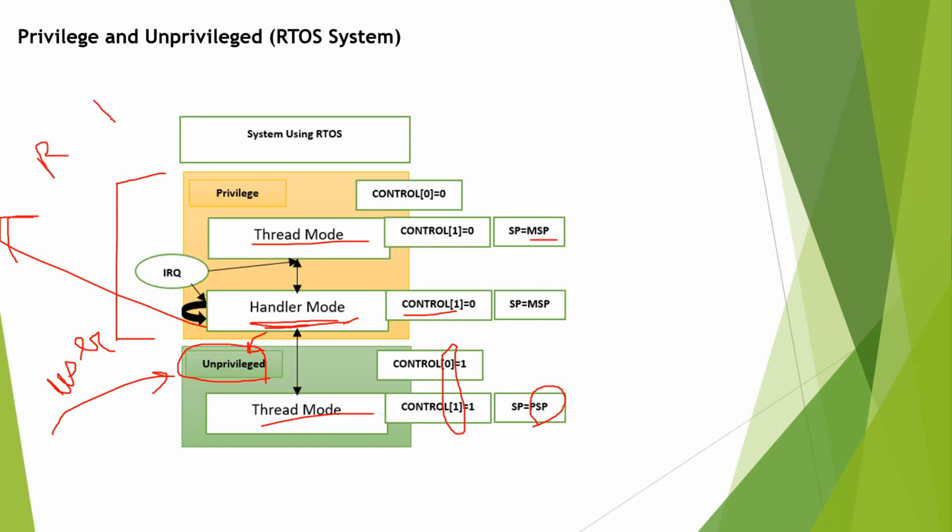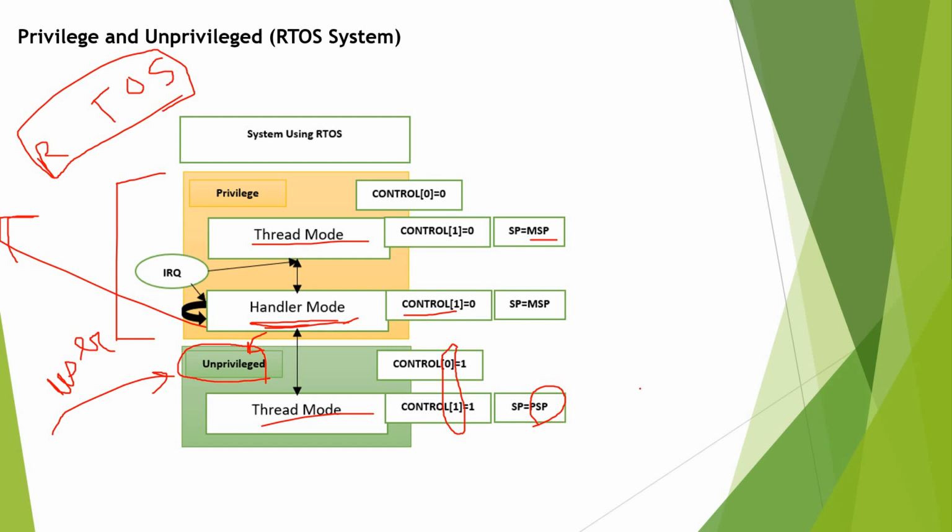This helps, as we can see, to create this isolation between the RTOS code, which is our trusted application that has the right or the privilege to access all critical hardware resources of the Cortex M3 microprocessor, and the user-based application, which we don't trust and which must not have access to these critical hardware resources. So this is why this one is running always in privilege and the user application is running in unprivileged execution